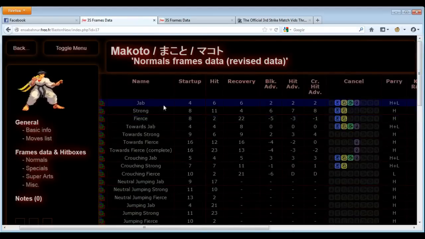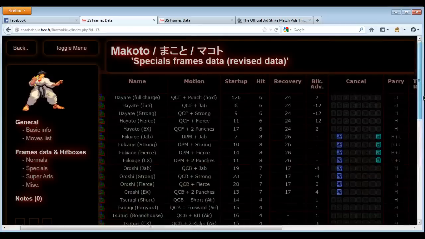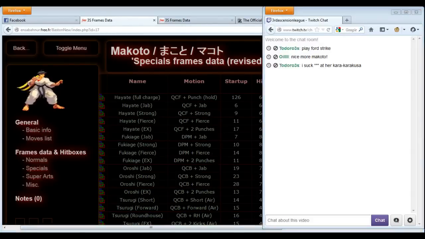So for example, standing jab has a block advantage of +2. Combining this with our short command grab, the opponent would have at least about 5 to 6 frames to jump out or press a button. So using this type of data with your gameplay, you can definitely see the types of things the character can do. For example, in this matchup,